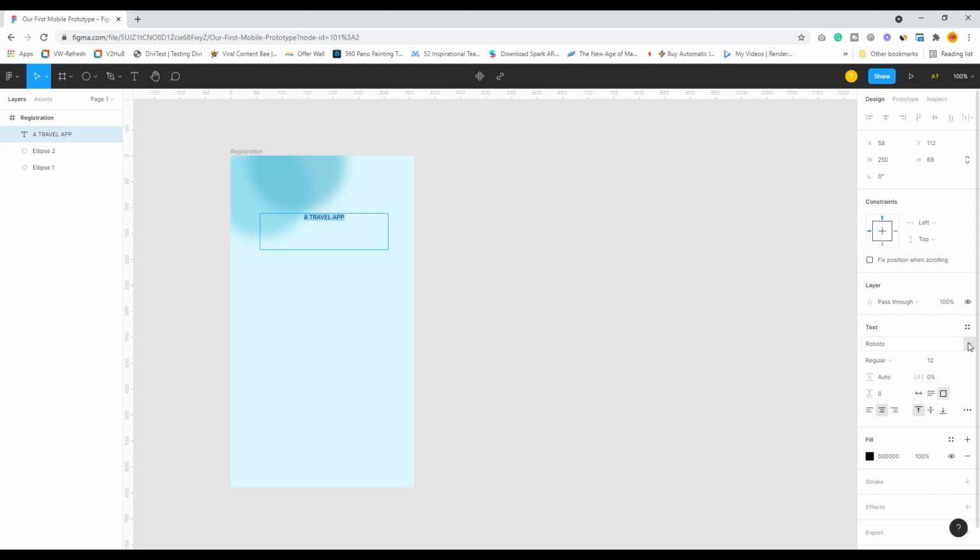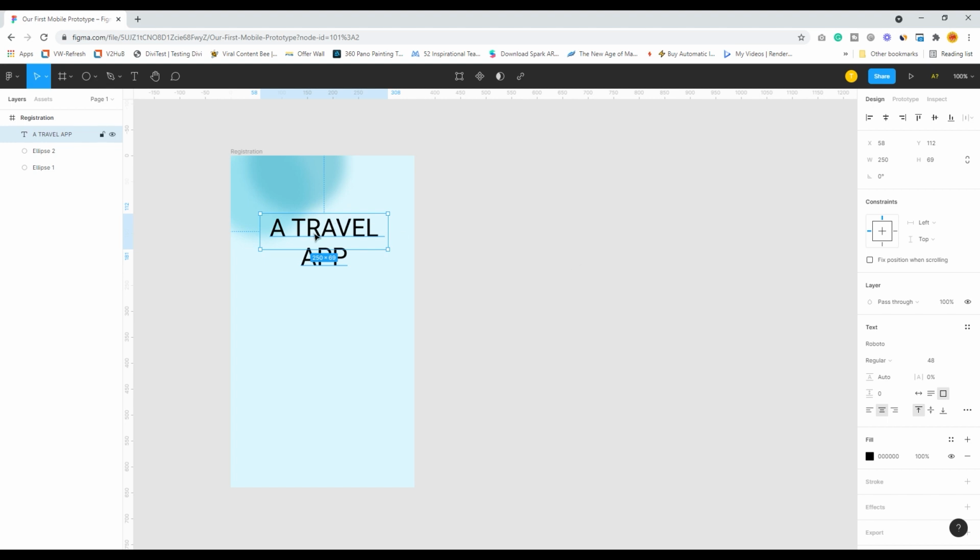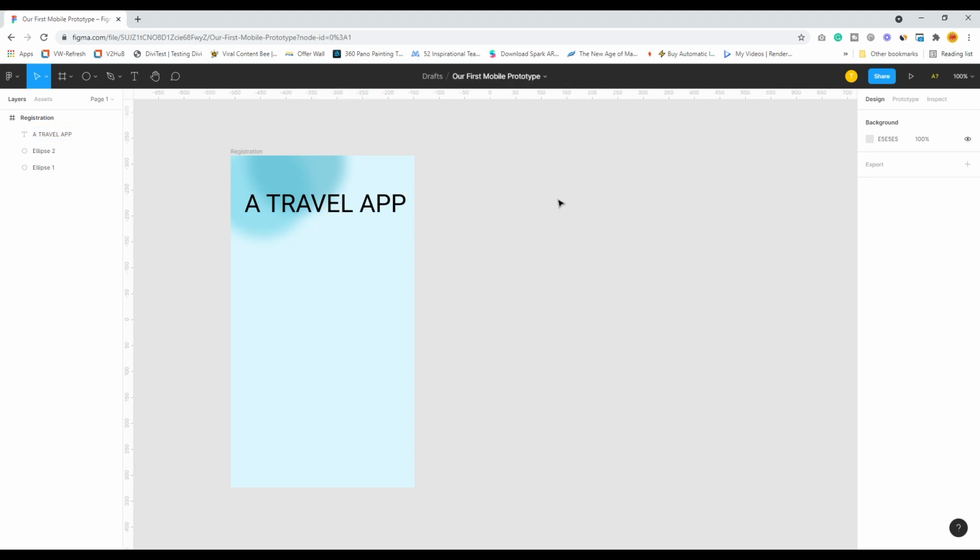I will keep it like that. I will not change any default settings. I will just only change the font size. Lovely. So you can take it a little bit up also.